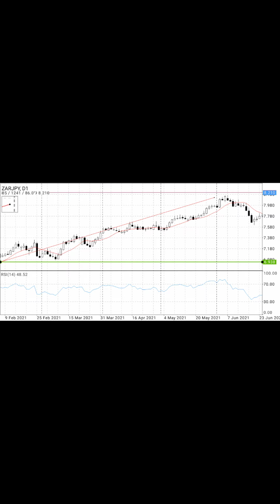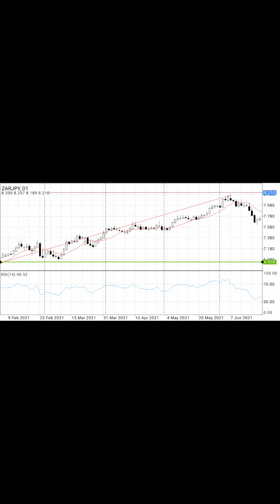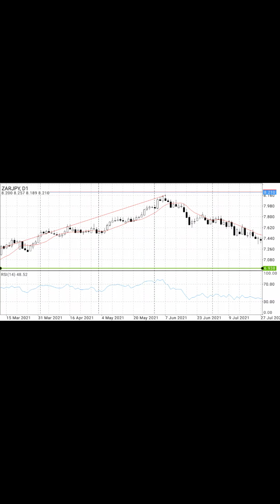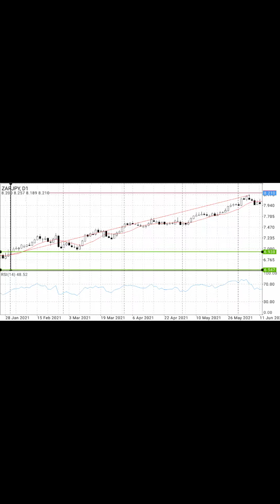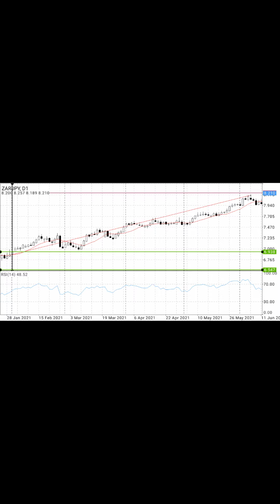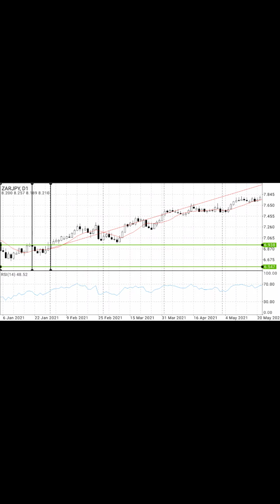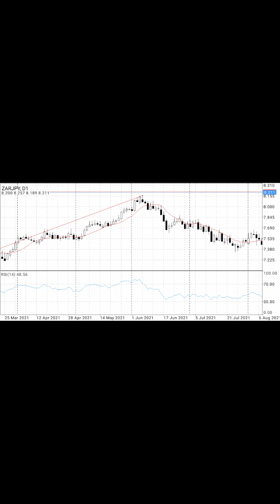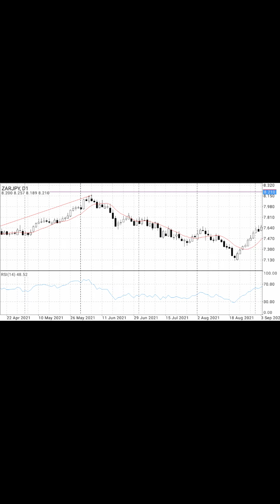So this new bullish lasted from 22nd January 2021 to 1st June 2021. Then there's a bearish,